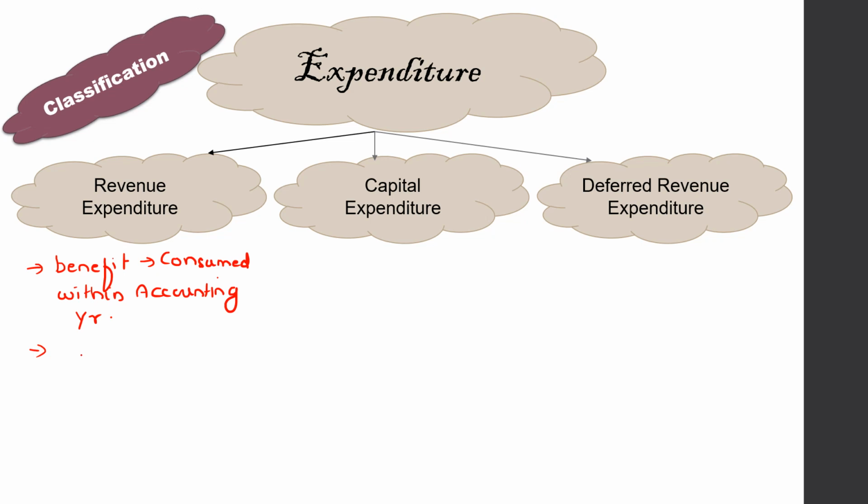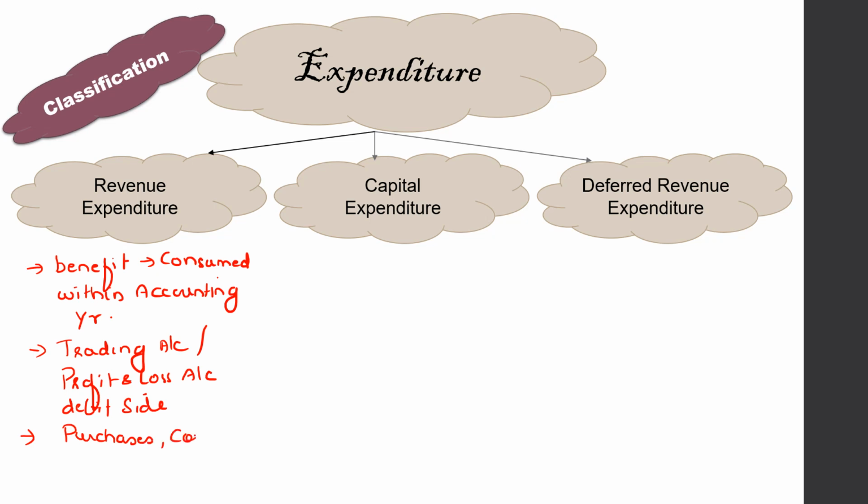Now, important point about revenue expenditures, where do we show these revenue expenditures? Where does it come in the financial statements of a business? Usually, you would find this in the trading account or in your profit and loss account. In this, on the debit side of these accounts, you would find. So, to understand what are the items which come here, it can be in the nature of your purchases, whatever you have made, the cost of goods sold, whatever expenses you're incurring. Then you can have